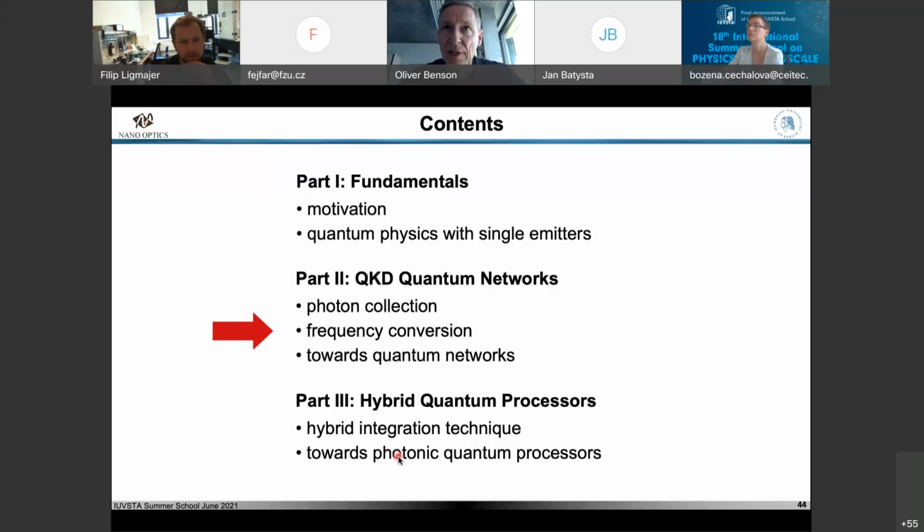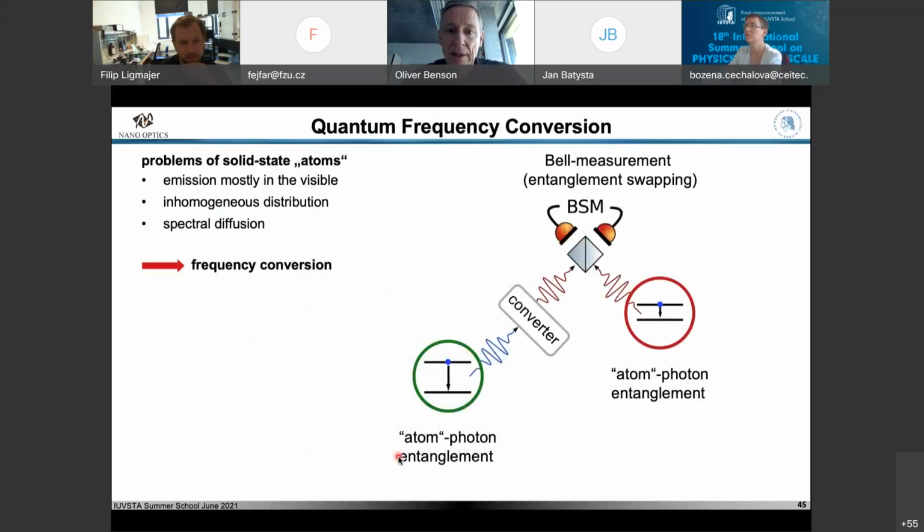Good. So one step that's missing here is that some of these quantum objects, like a diamond, emit at the wavelength they emit, and often it's invisible, and you need it in the telecom band. So what is needed, an additional ingredient for applications here, is, maybe you have a nice system where you can produce atom-photon entanglement, like with the nitrogen vacancy center. But unfortunately, this maybe is at 700 nanometers. So you need to build in a converter that converts your single photon to a photon at 1.5 micrometer. And this has to also be done in a way that any quantum property is maintained.